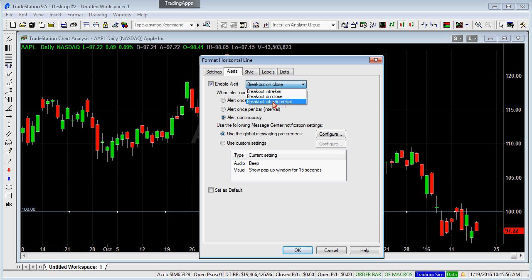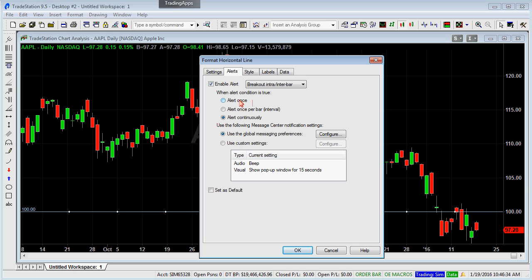But sometimes the price activity does not touch the line, and that happens in gaps. If the price jumps and creates a visible gap where the line is not even touched, that's called interbar. So this third one allows you to generate an alert not only if it touches it, but if there is a big jump in price and there's no touch of the line, then you get alerted as well. Okay, hopefully that makes sense. Three different behaviors, and we want to make sure we select the one we would like to